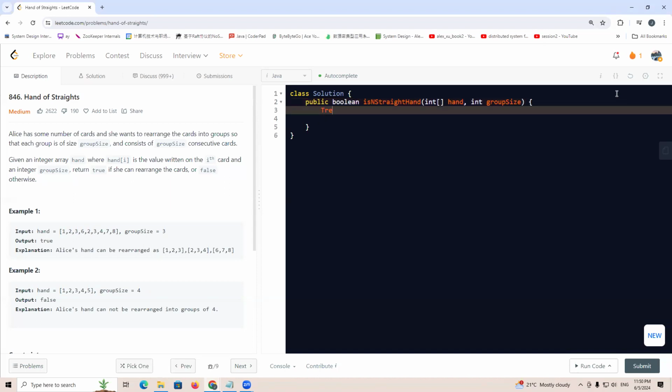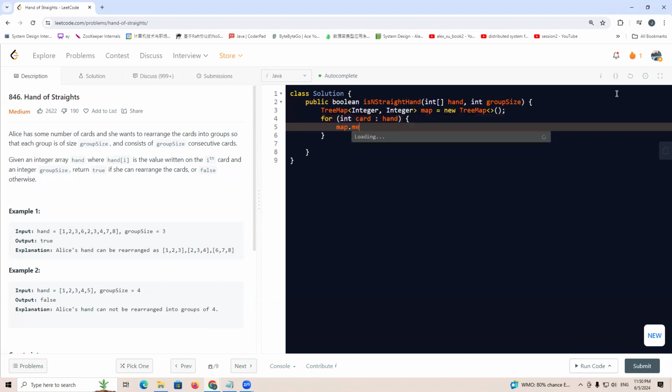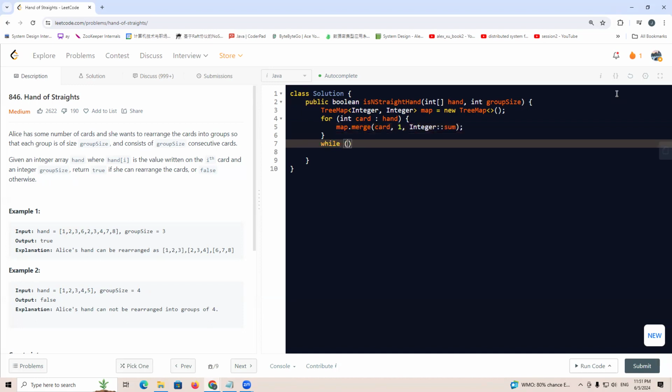We're going to use a TreeMap, Map<Integer, Integer> map equals new TreeMap, and for int card in hand, we will have map.merge(card, 1, Integer::sum), right? Then what we do is that while this map is not empty,